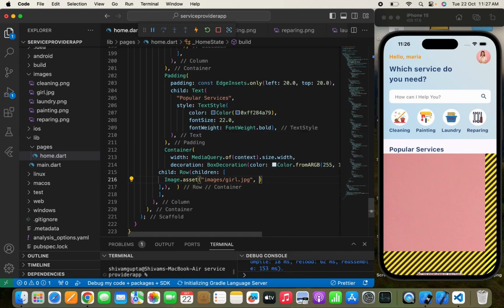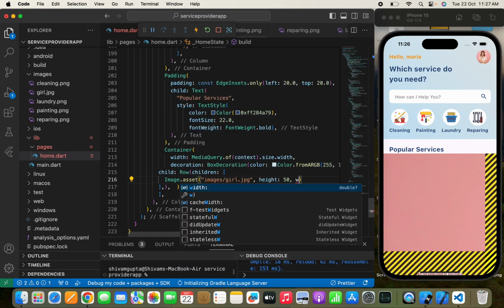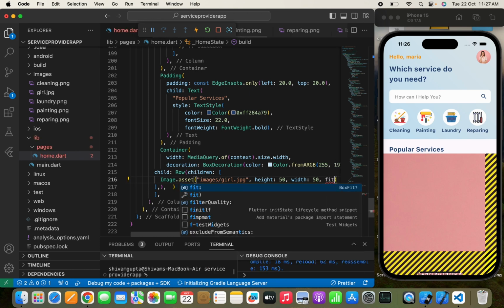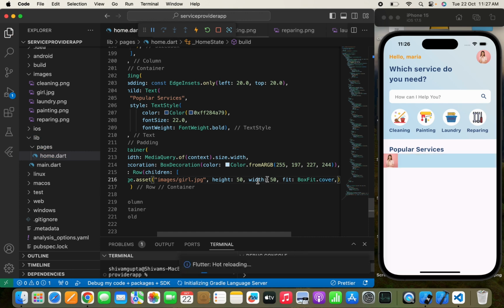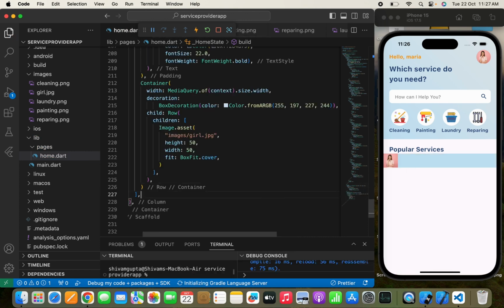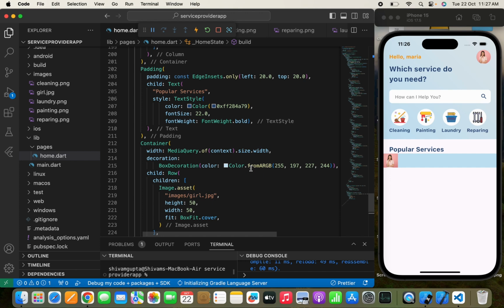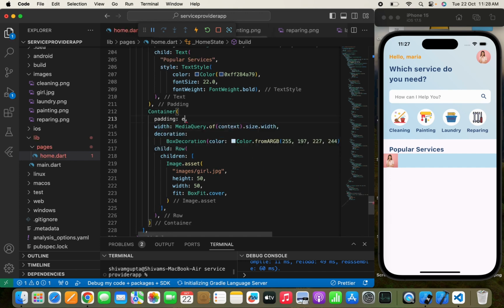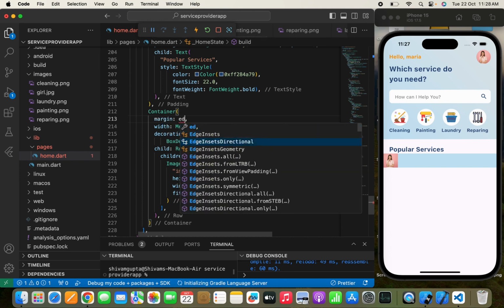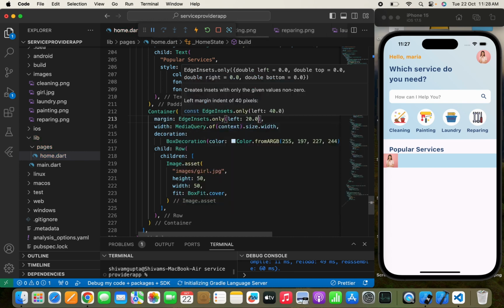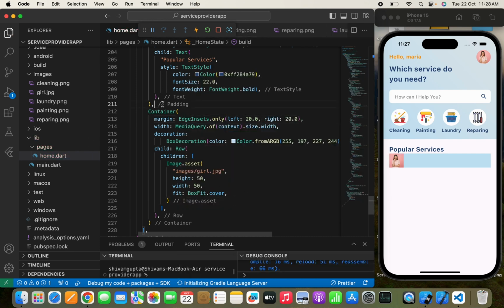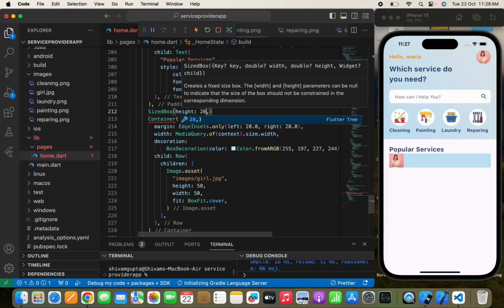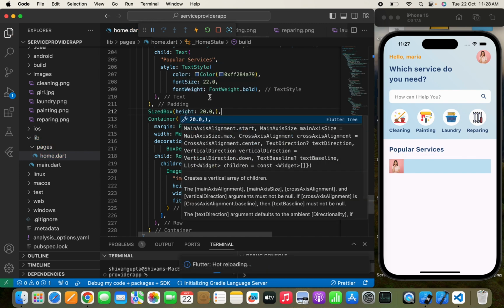And here I need to simply pass the height, which will be 50, and the width 50, and the fit, box fit dot cover, something like this. So here you can see the image, and we can pass some margin. So we write margin edge insets dot only, from the left 20.0, from the right 20.0. Now we need to pass a size box of height 20.0, so that I can pass some spacing,